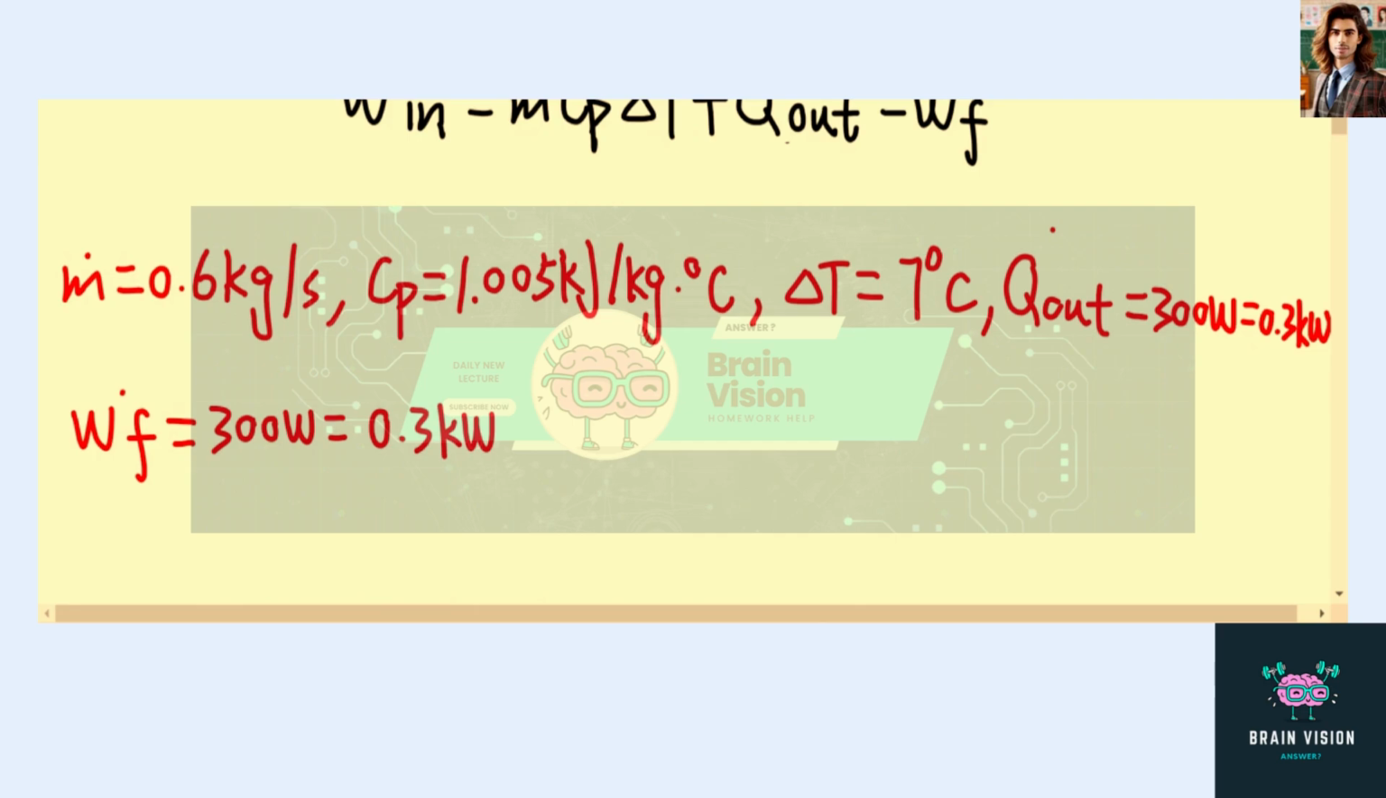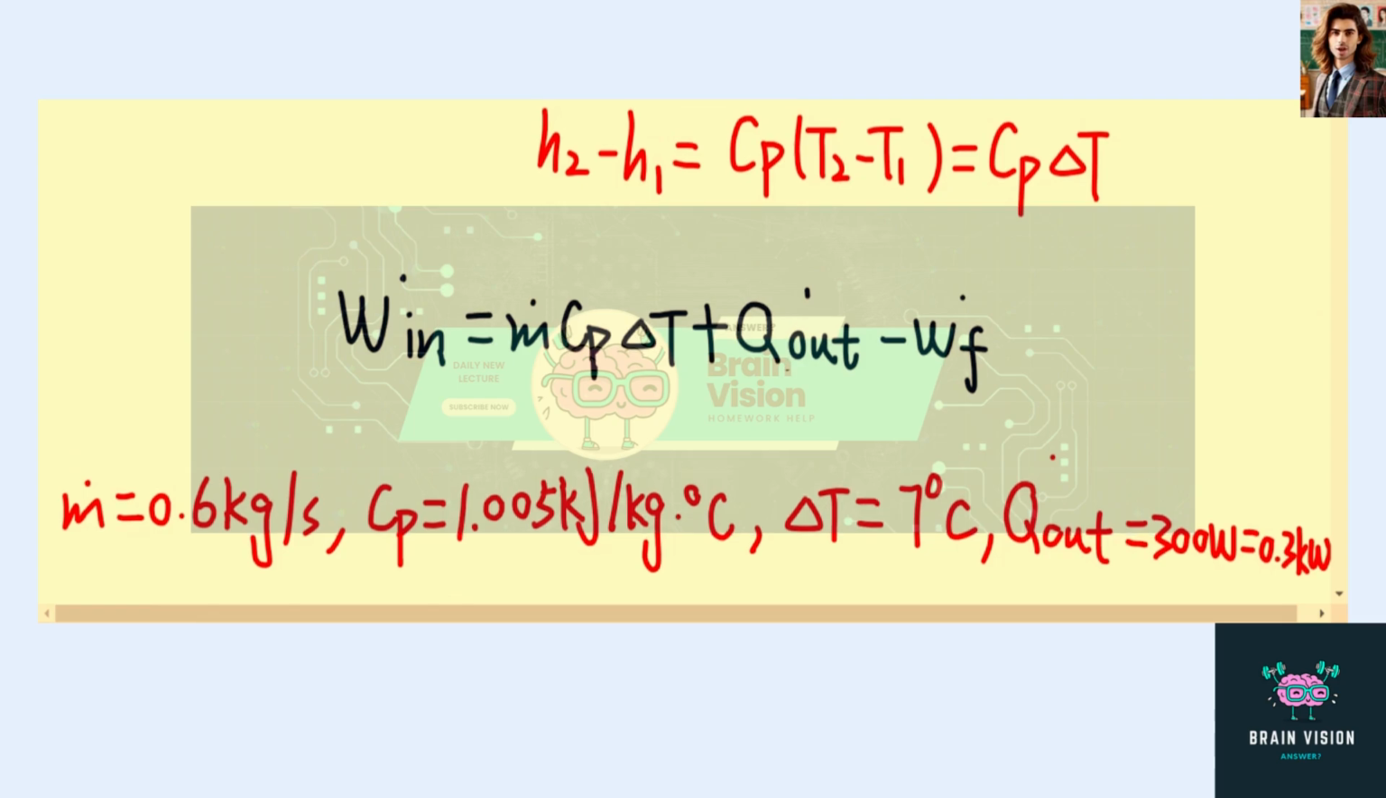And we know Cp, which is the specific heat of the air, is 1.005 kilojoule per kilogram times degrees Celsius. Also we know the change in temperature is 7 degrees Celsius. We know Q dot out, which is the rate of heat loss, is 300 watts, which is 0.3 kilowatts. And the power input from the fan is also 300 watts, which is 0.3 kilowatts. So now let's plug back into the equation to determine the power rating of the electric resistance heating elements,